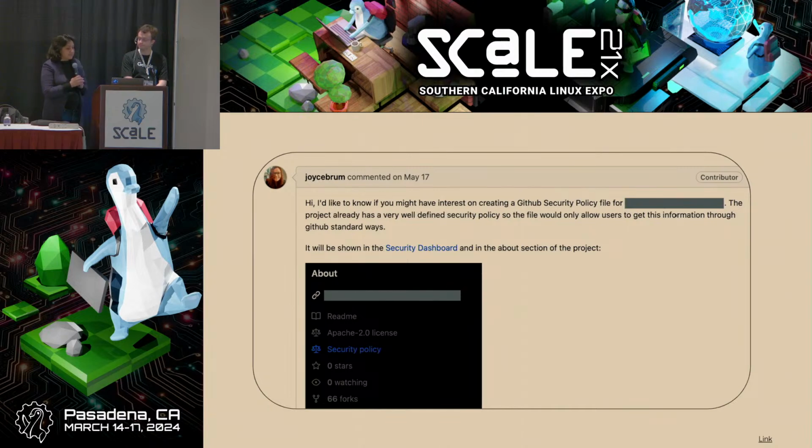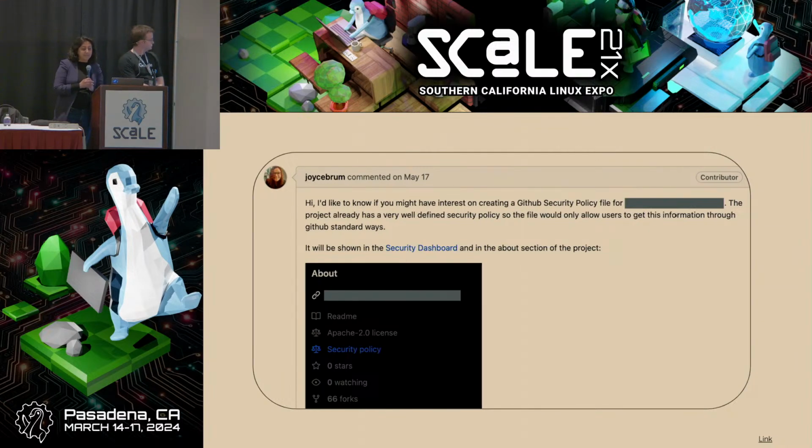She reached out to an open source project that's considered critical to digital infrastructure. A project like that little block in that SCALE diagram that we saw earlier. She suggested making the project's existing security policy even more visible to users by moving it to the standard location for GitHub projects. So someone looking to report a vulnerability could easily find it.